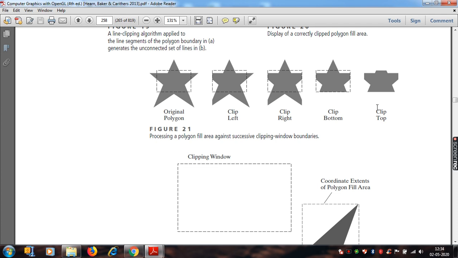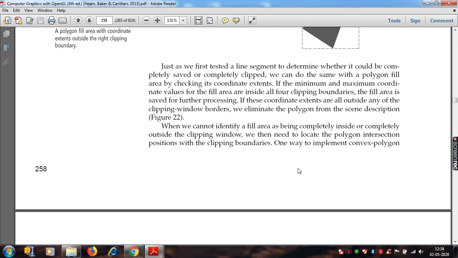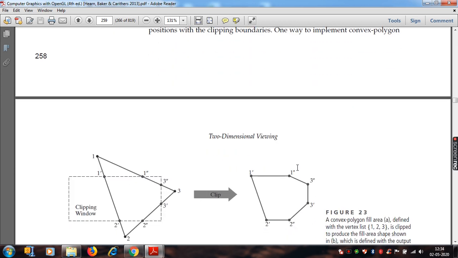Next, once the polygon goes through the series of clippers, at the last stage, for whatever set of vertices is defined, we define what is called a bounding box. That is the minimum area within which the particular polygon can be fixed. If we can fit this bounding box into the clipping window, then it means the polygon is also going to fit within the clip window. That's the meaning. So we'll see an algorithm called